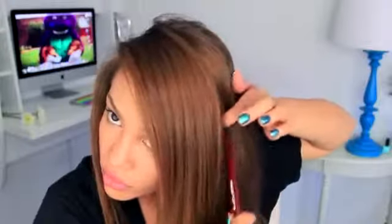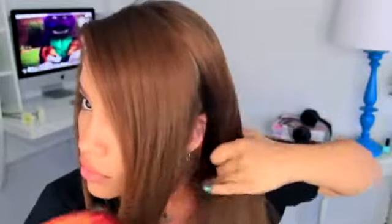So I am starting off with clean blow-dried hair, but you can do this on curly hair, wavy hair. It's just easier for me to show you guys hairstyles when my hair is blow-dried. So I am going to take the hair that frames my face and separate it from the rest of my hair. And then I'm just going to get a little clippy and pin the rest of my hair back. And then afterwards, with the front portion of hair that frames my face, I'm going to do a simple